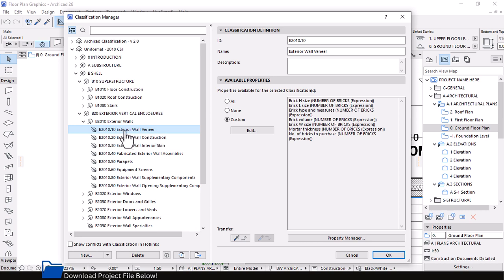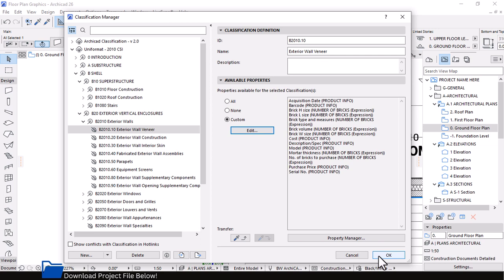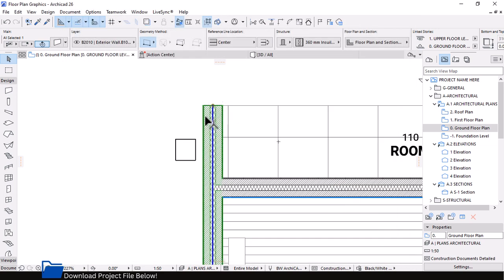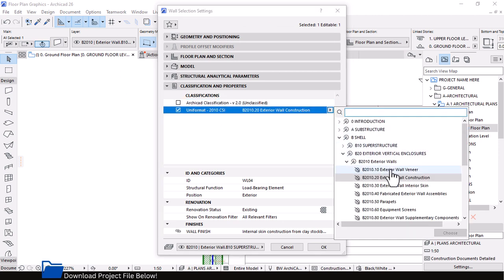So let me say I want to assign it a universal. I will go to edit, and then let's go for product info, assign it all like that. So I'm assigning the description and so on, and then hit OK, and then hit OK. So I'm going to assign that specific classification to this wall. Let's go back, and then I think it's the wall veneer, then choose. You would see this information we've added is going to be added here under